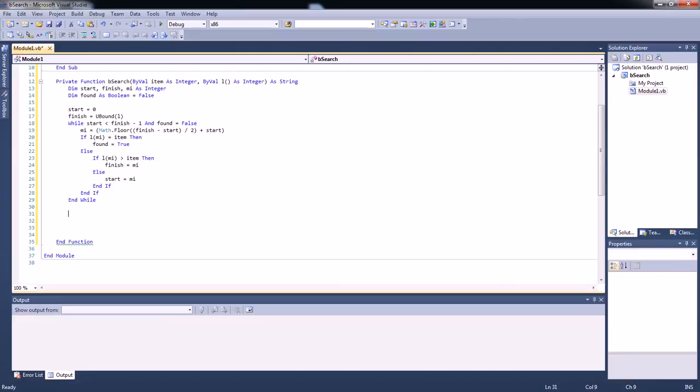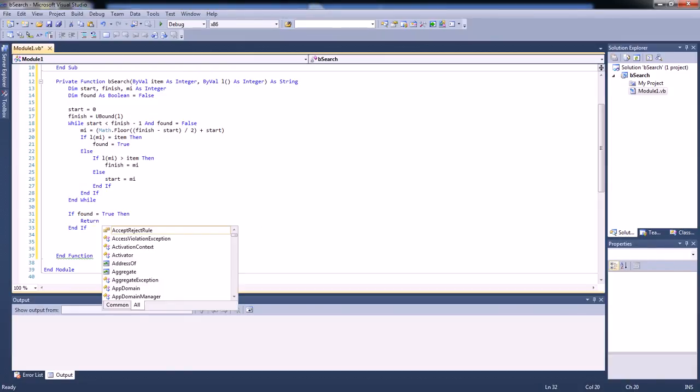Now, first of all, I'm going to check how this loop finished. So if it finished because found is equal true, so if we found the item, then what we're going to do is very simply return. And remember, I'm returning a string, so you might want to return something different than me. Let's say the item